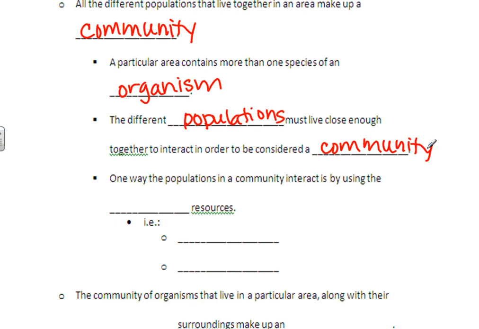So one way the populations in a community interact is by using the same resources. When we say resources, we're talking about maybe they're using the same food sources or the same shelter. For example, when you're talking about a community where you have two different populations that are interacting together,